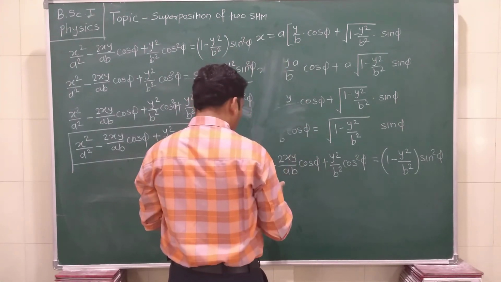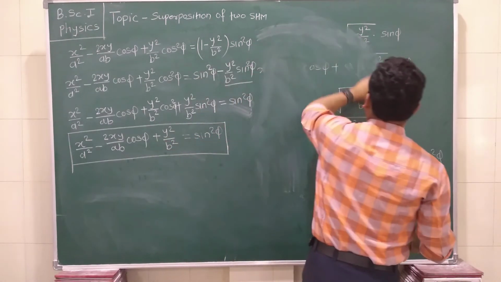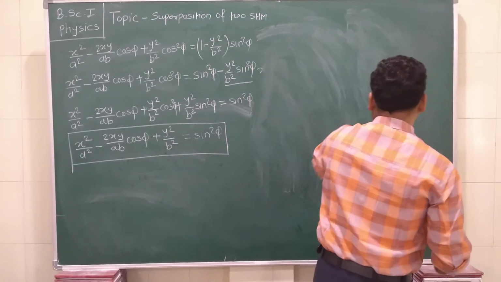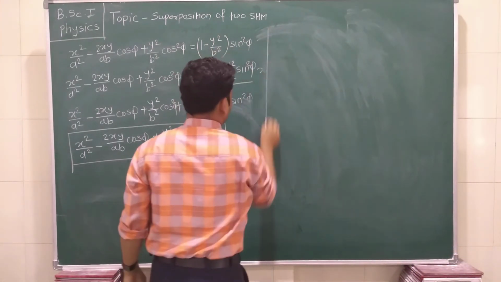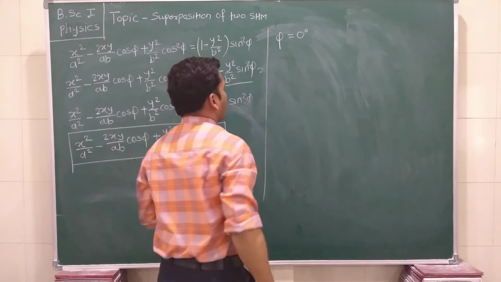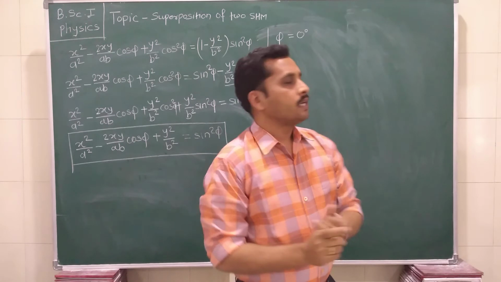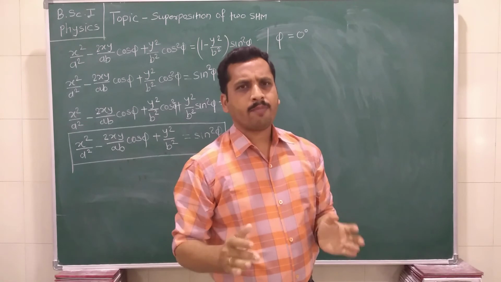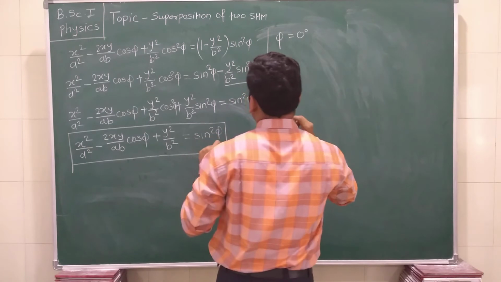Now we are going to see which type of shape we get when the phase difference between two simple harmonic waves gets changed. So one by one we discuss it. The first one is if the phase difference φ is equal to 0 degree. If the phase difference between two simple harmonic waves is equal to 0 degree, then the shape of the particle path after superposition we will get is as follows.